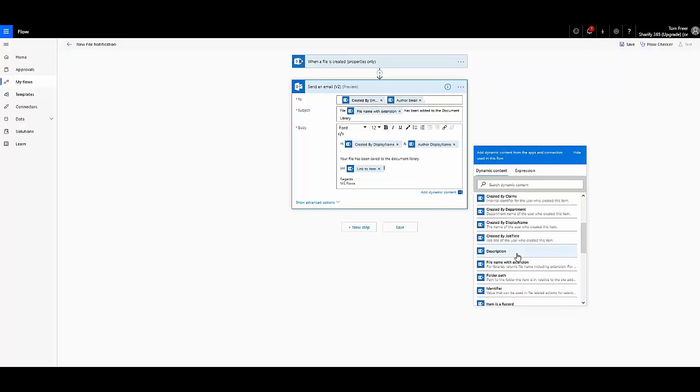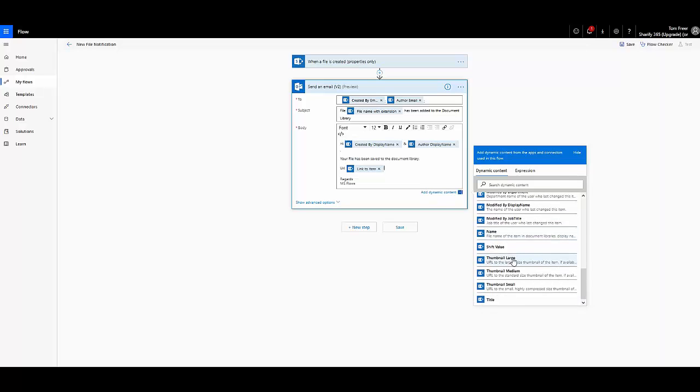So to make that work, what we would need to do is go to our document library and start to add some additional columns in the library structure. That's a video for another day, but for today what we've set up is a flow that's going to wait